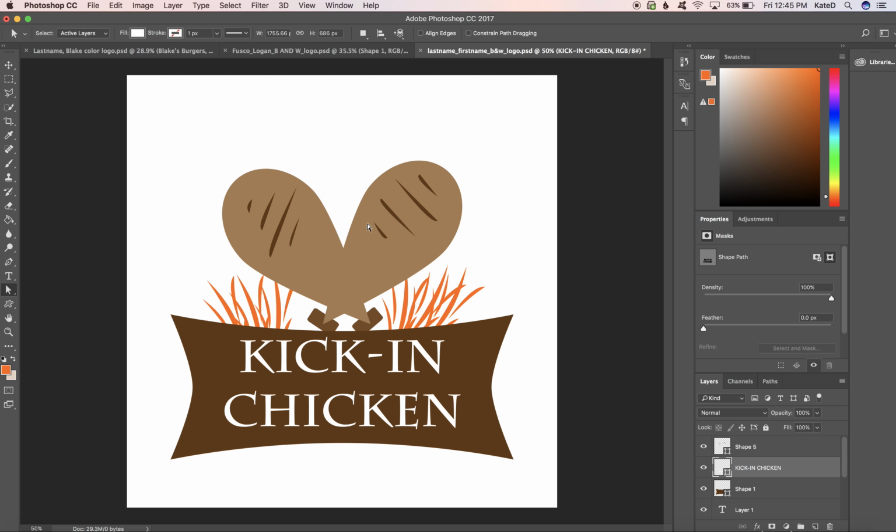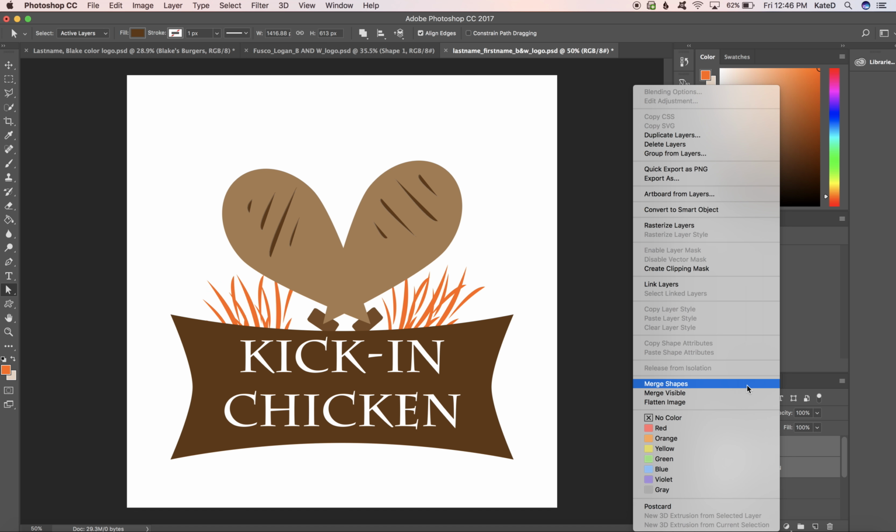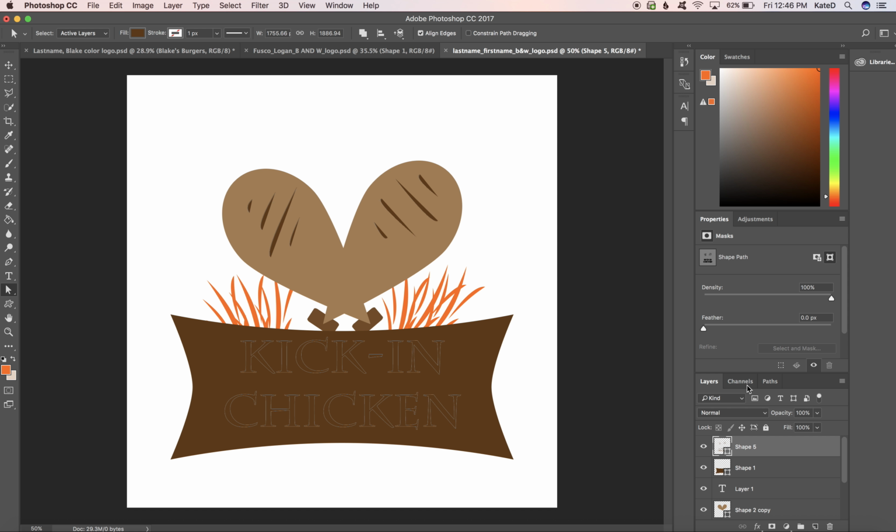I noticed that there's this interesting sort of hatching happening on the drumsticks, and I'm going to combine that layer with my shape layer now that says Kickin' Chicken. So I'm over here on the bottom right corner of my screen, working in the layers panel. I'm holding down Shift to select both. I press Control on my keyboard, click, and go to Merge Shapes. You want to make sure that you merge shapes, not